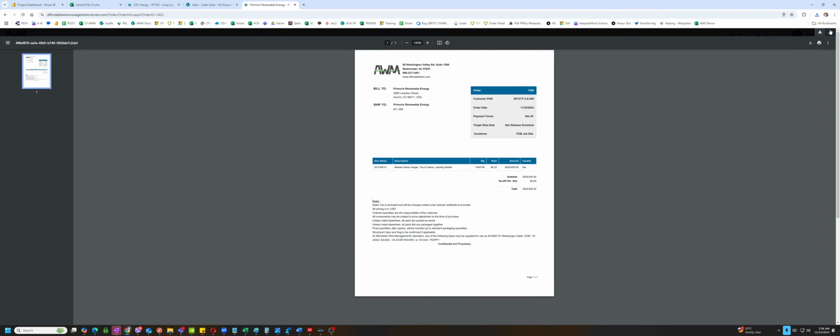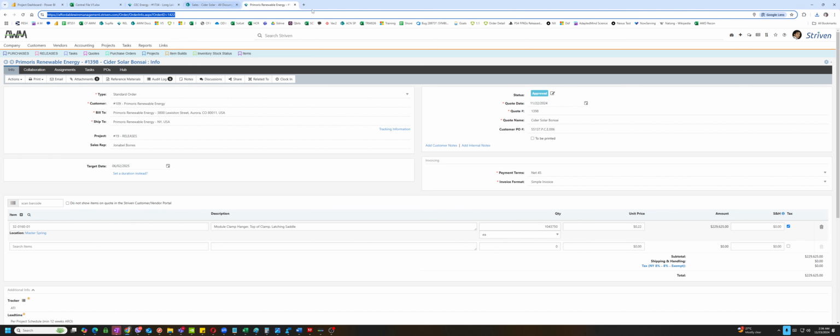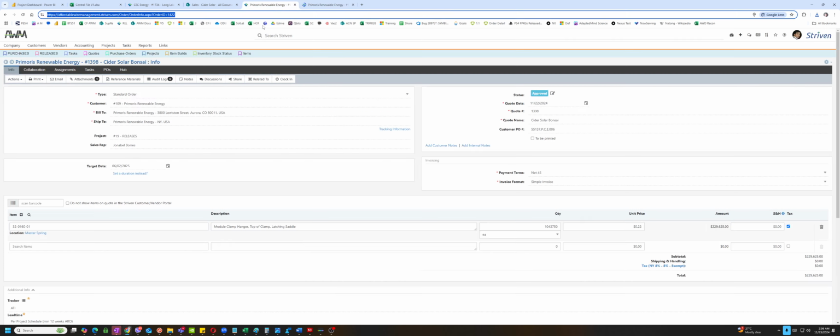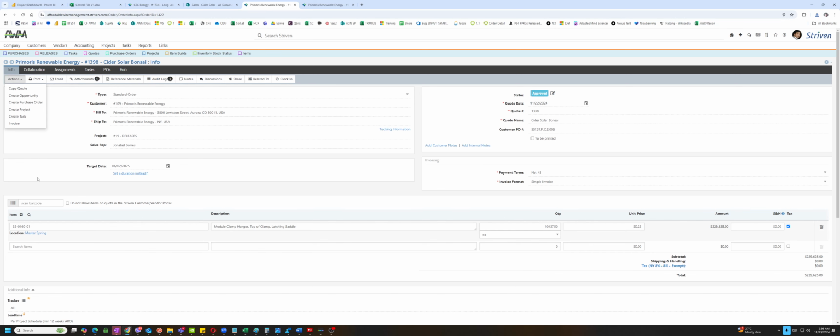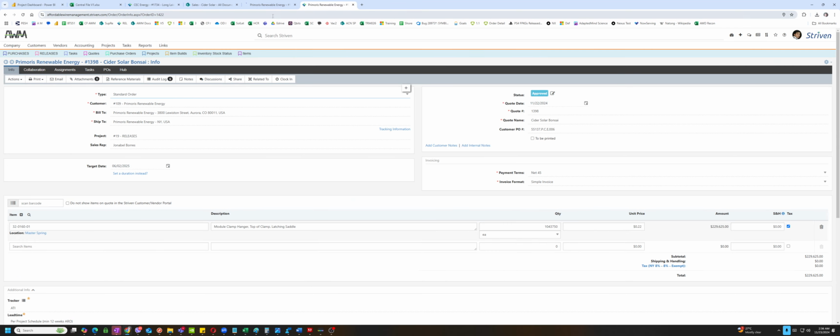here, I'm just going to go back and copy this and create a duplicate page, and we're going to create a purchase order. But first, let me just update this just to be sure. And fresh actions, create purchase order.